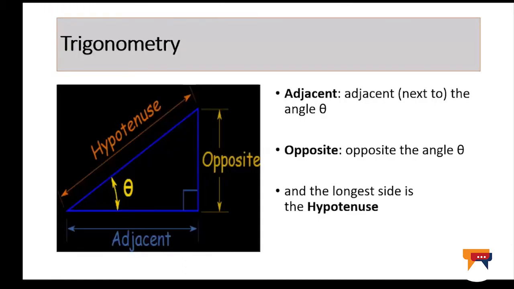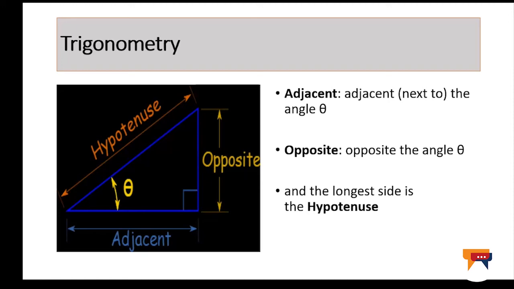And then the last part, the most important basic concept in this module, is trigonometry. Trigonometry is a branch of mathematics that deals with relationships between the side lengths and the angles of triangles. For this module, our center of attention will be on the trigonometric ratios. So looking at an example on our screen,